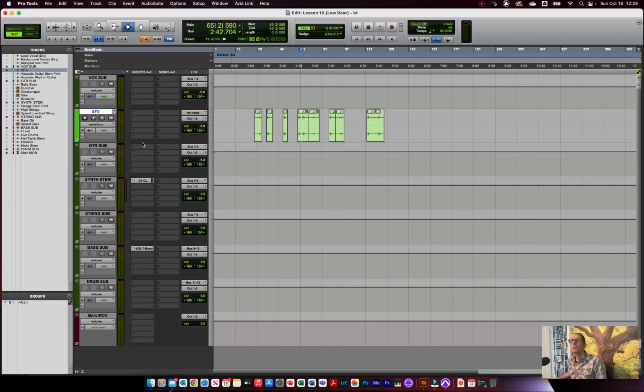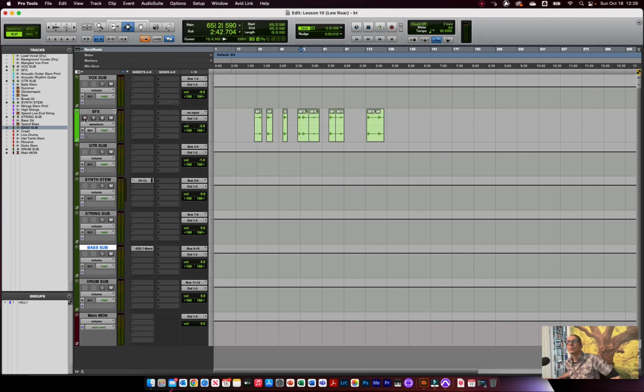Now, what we want to do is make sure that each track is in auto read mode. What does that mean? Well, you might have noticed this: every track has the same buttons. Well, almost every track. Aux tracks are a little bit different, but